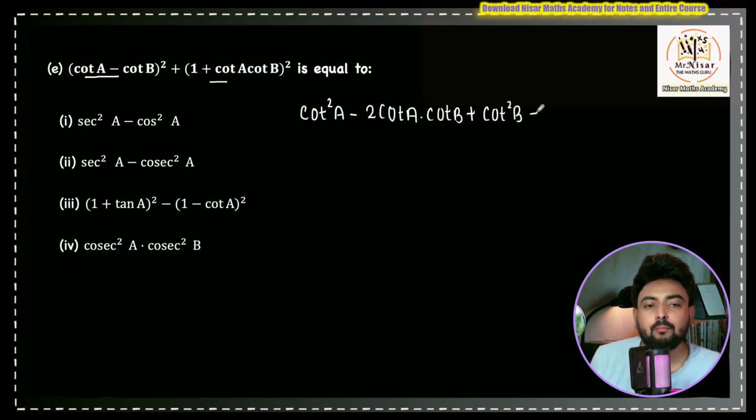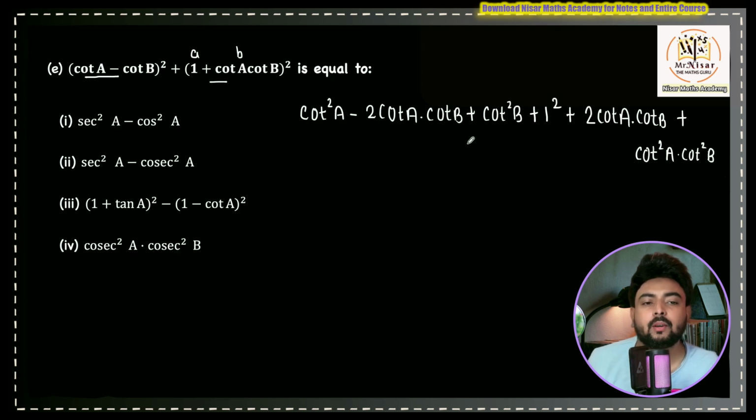Okay, then we have plus. See, when there is plus, there is no worry about the sign. So a square, this is your a here and this is your b. So a square plus 2 into 1 into cot a into cot b plus b square. So can I say that the square of b is cot square a into cot square b? Fine. Now see, minus 2 cot a cot b plus 2 cot a cot b, both will get cancelled. What is remaining now? We are left with cot square a plus cot square b